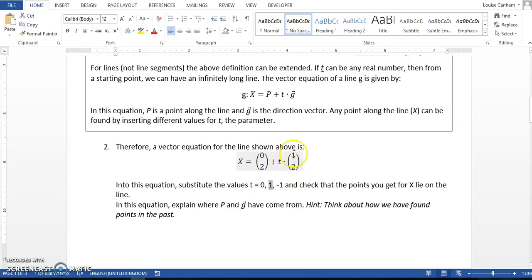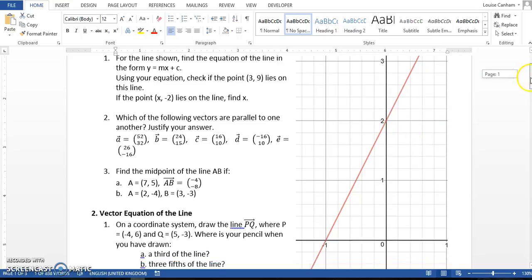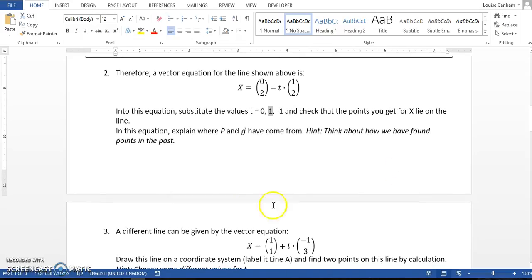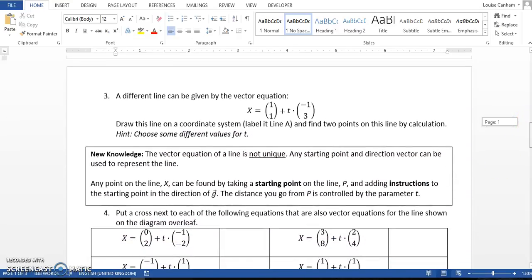Then I do 0 plus 1 is 1, 2 plus 2 is 4, and so I get the point (1, 4), which isn't quite here, but you could see that would work on this graph that I have. And I've already explained to you where p and g have come from. And on the other side, you have some exercises